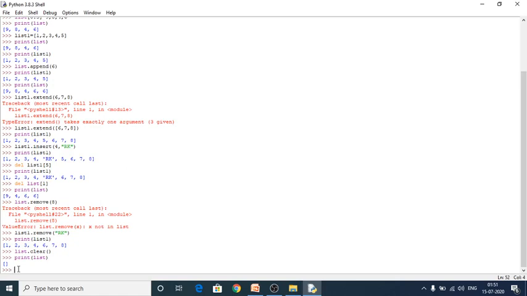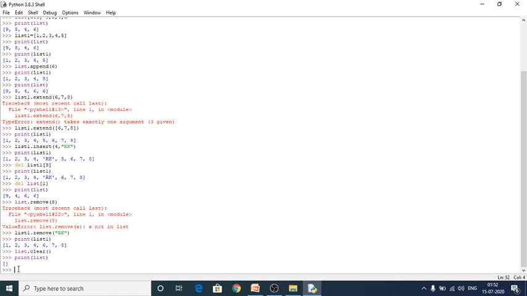If you do not give the index value while using pop, it will delete and return the last element of that particular list, because that is the use of the pop function. If you have learned data structure concepts, you will know what is the use of a pop function. Okay, so for that also I will give an example.